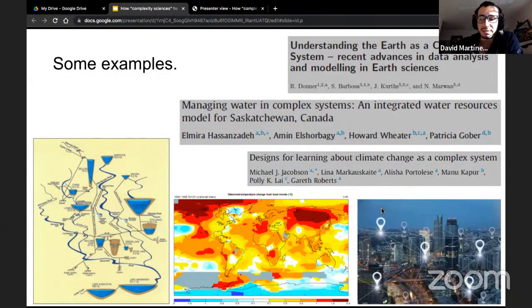Also, another example is city designing, urban designing, how cities become what they are. That's a complex system that involves people, social activities, economy, even geography. So urban planning is being approached as a complex system now.